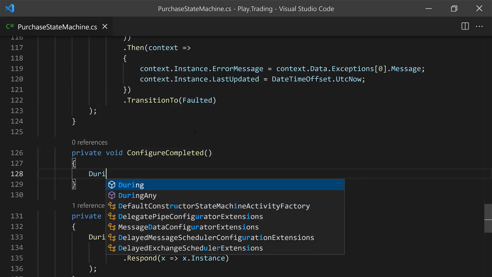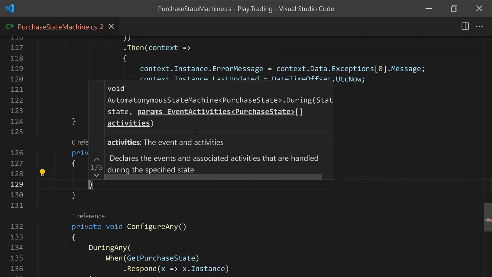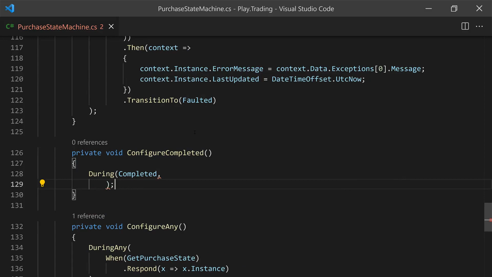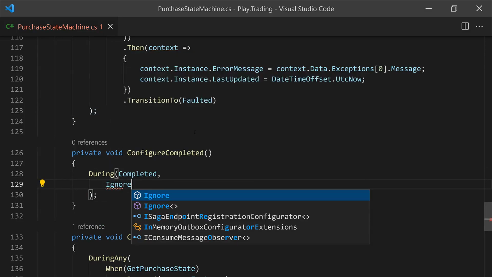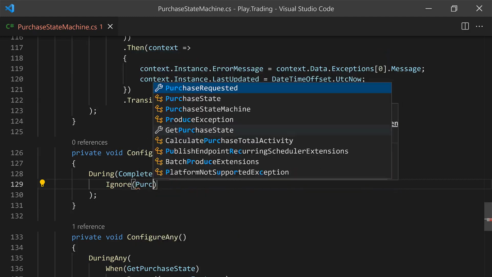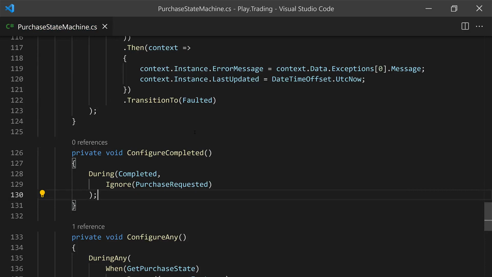Here we're going to say During(Completed). What we're going to say is Ignore(PurchaseRequested). And by doing that, if the state machine is already in the completed state and a PurchaseRequested event lands, then the state machine is going to just do nothing and completely skip that message,